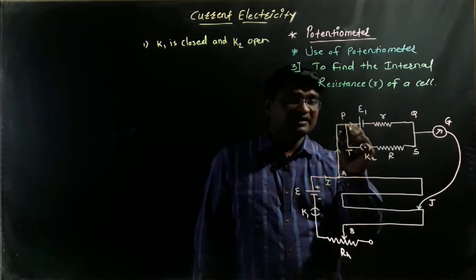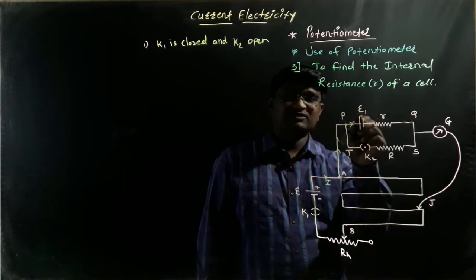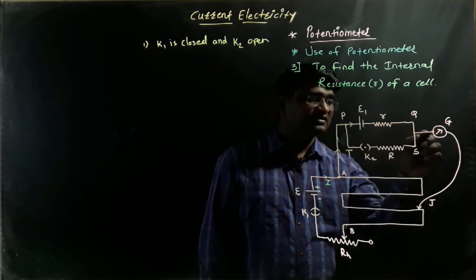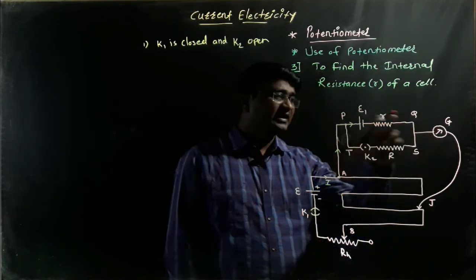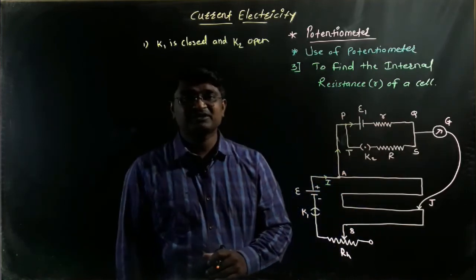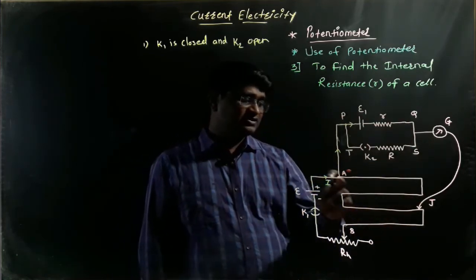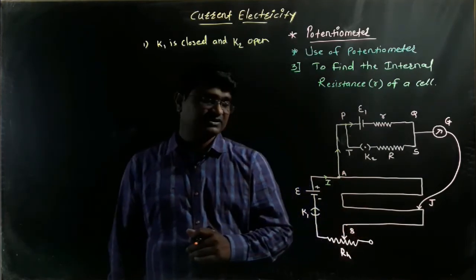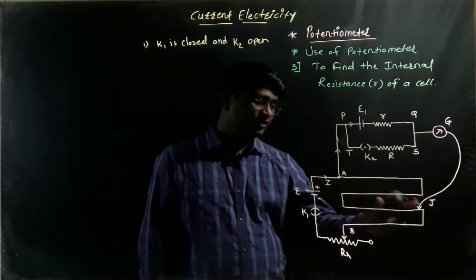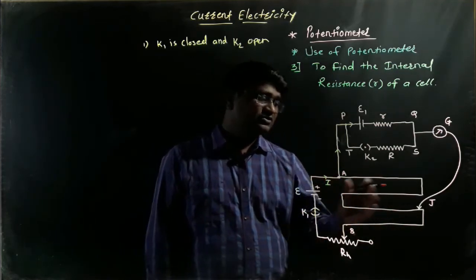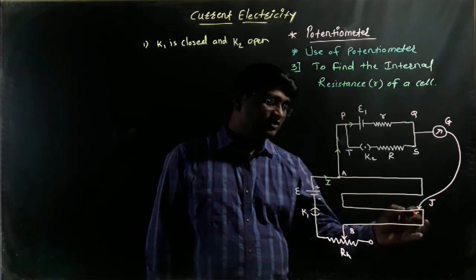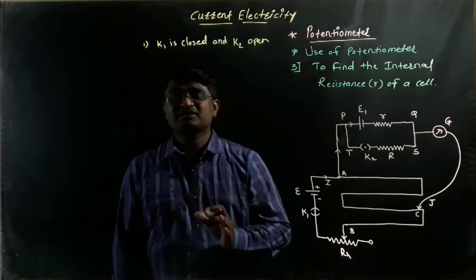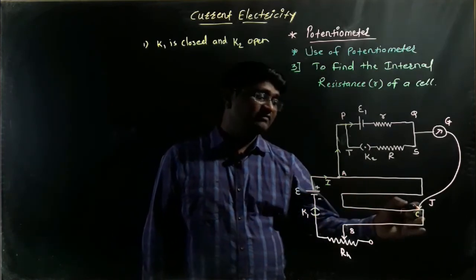It means the electric current passes directly through the cell epsilon 1 and its internal resistance r, and directly through the galvanometer. If electric current passes through the galvanometer, we know that the galvanometer shows deflection. When the jockey touches near the points A and B, we observe that the deflection of the galvanometer is exactly opposite. When the jockey touches different points between the wire AB, at one given point, point C, the galvanometer does not show any deflection. It means that we have found the null point.